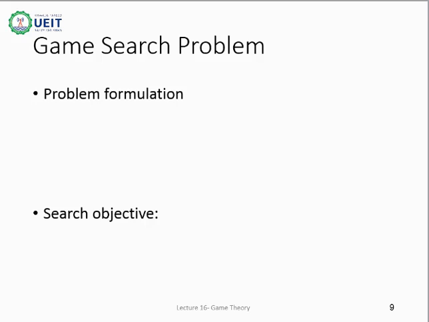Like every other problem formulation, we start by defining the start state of the game, or initial state. For example, when we started playing tic-tac-toe, initially the grid was empty. Thus, the initial state of tic-tac-toe is empty. In chess, the initial board is empty. Thus, the initial state will be empty for chess.